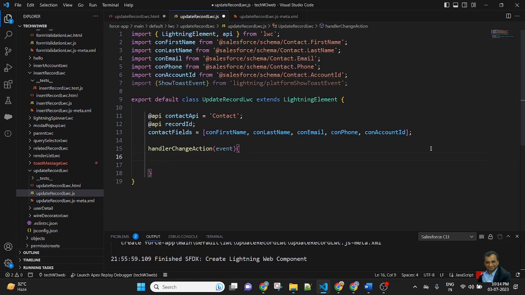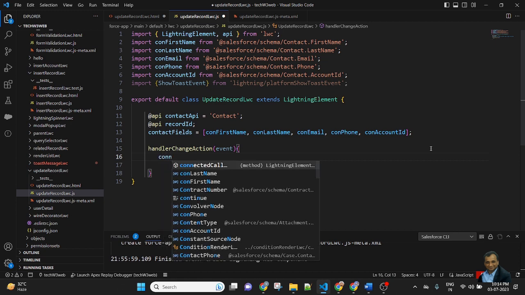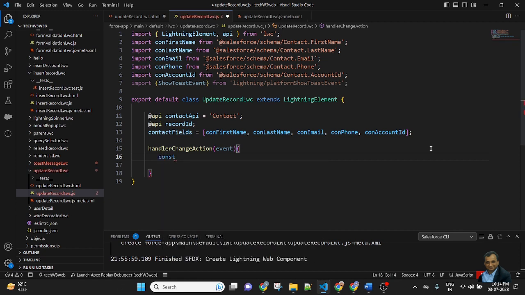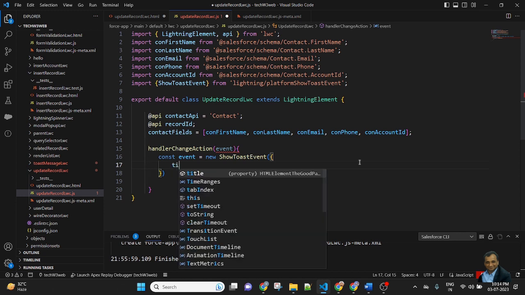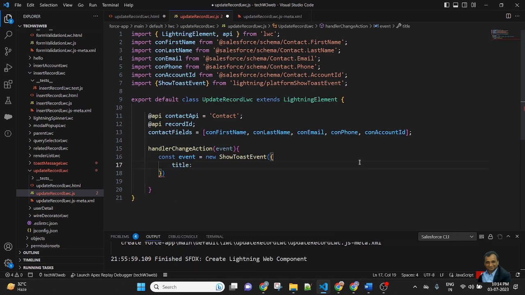So here I will create a constant variable event equal to new ShowToastEvent. Here in the function we pass the title, message and variant.